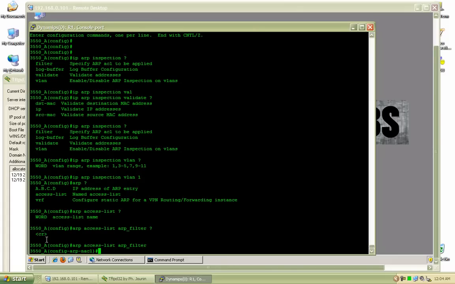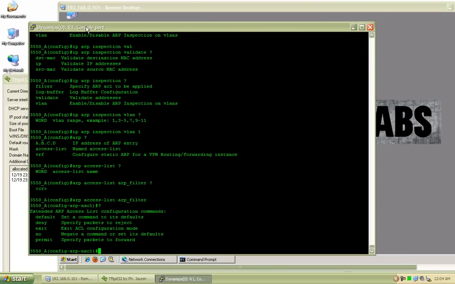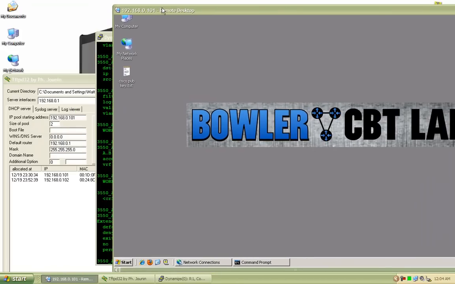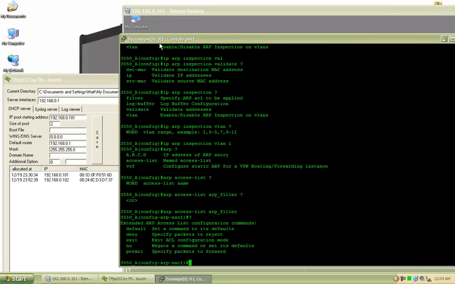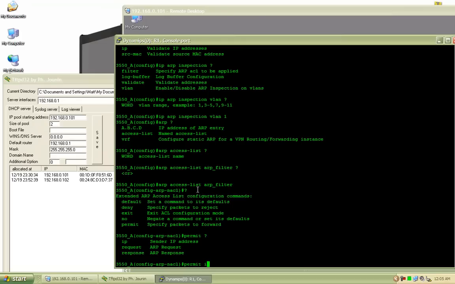And the structure here for the access list is very similar to that for an IP access list. So if I hit the question mark for our help, we can see that we have permit and deny statements. If I slide this screen over here to the right a little bit, I've got a DHCP server running here in the background, and that's serving out the interfaces on our server back there. We can see the 101 and the 102 addresses. So I would like to configure entries in this access list for each of those, because I know that those are the legitimate MAC addresses and the IPs that they should be associated with. I'm going to permit IP